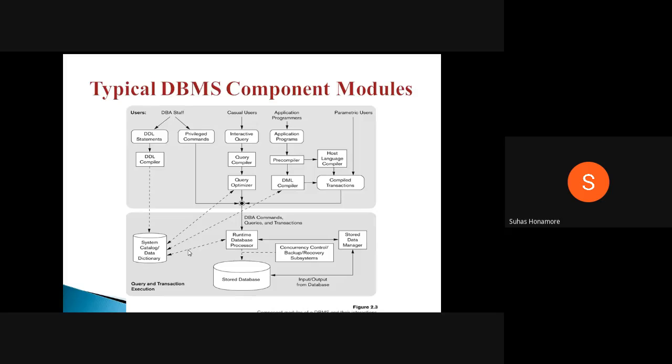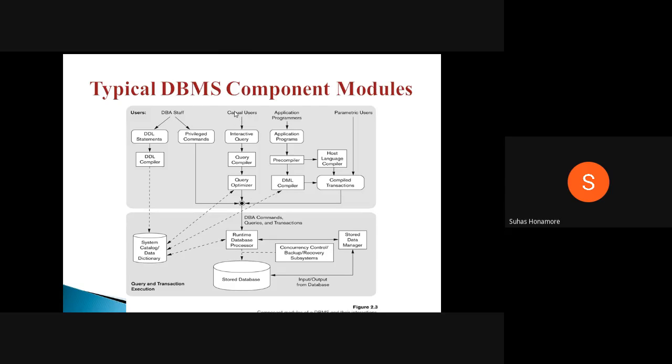So how the DBA can communicate is, he can create a table or drop a table. For that he can give DDL statements, and what the compiler does is compile whatever statement he gives and communicate directly to the catalog. Other than that, he can give privileges to different users. Whatever comes will go as one query only. That query will be executed and it will modify whatever content is there. So this is the different path.